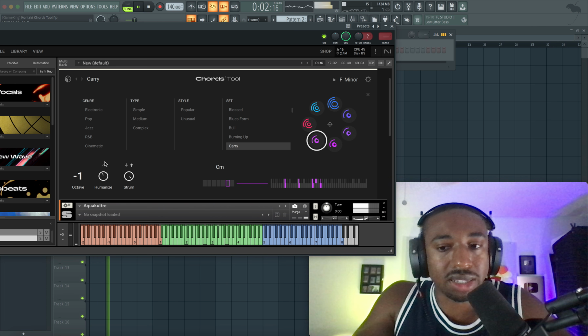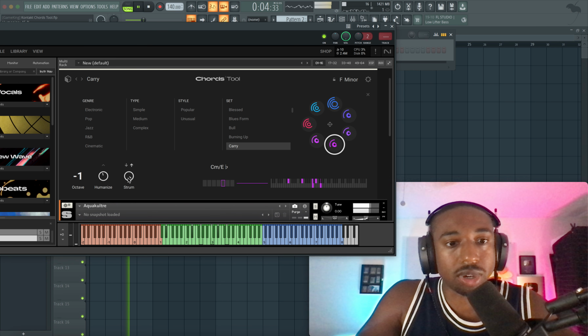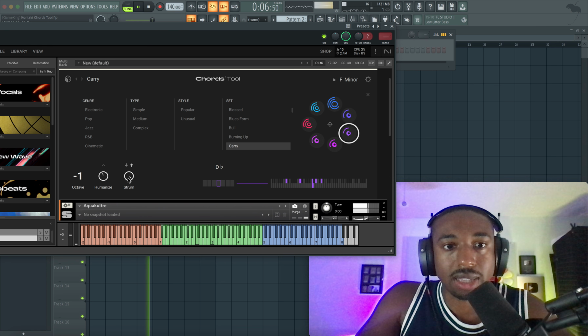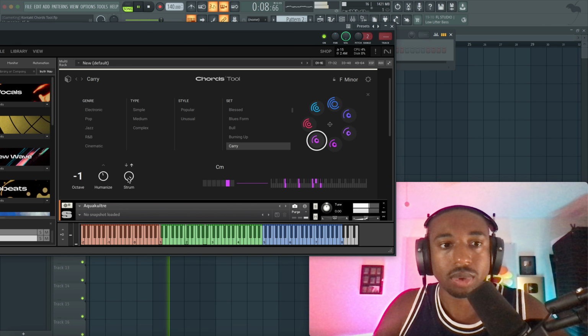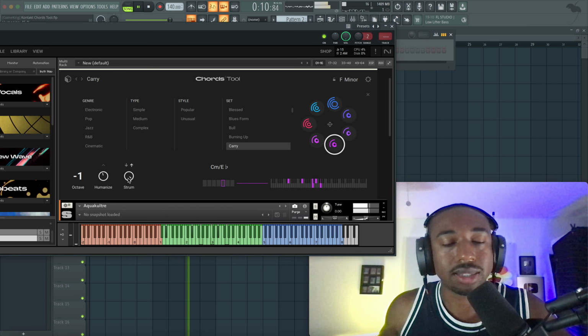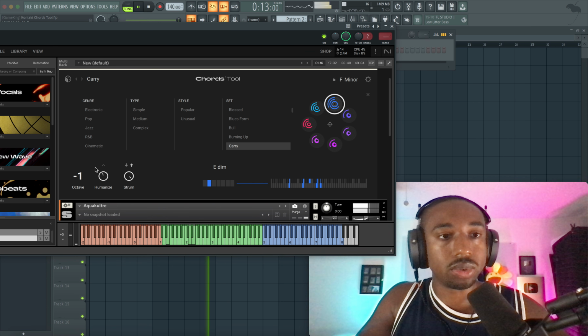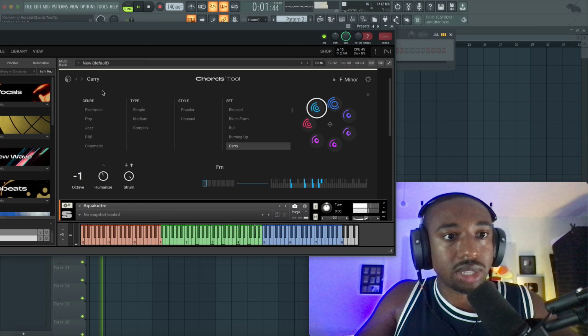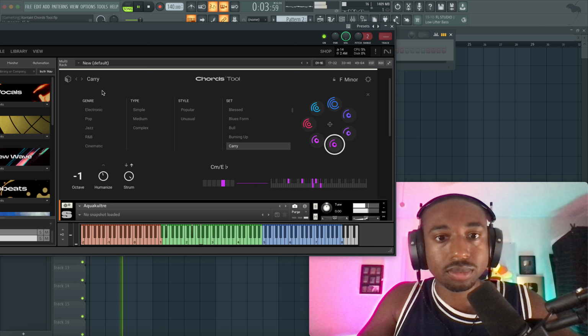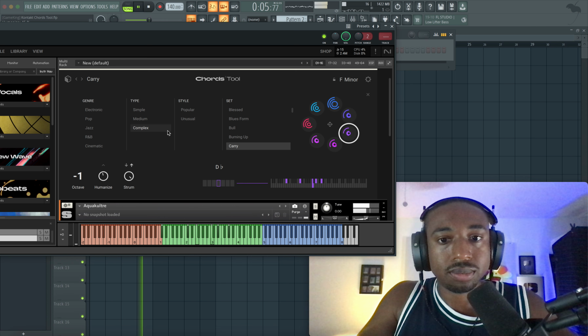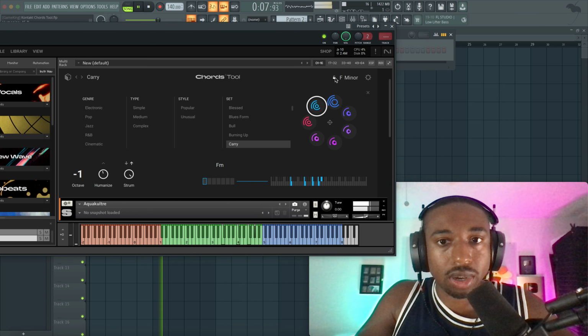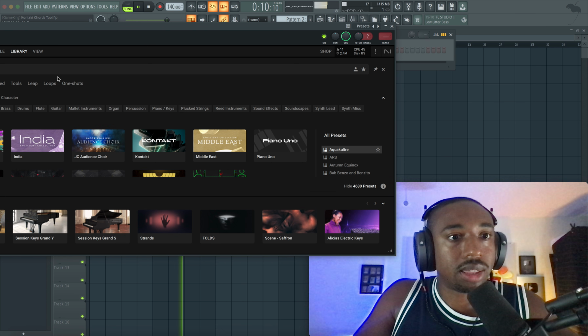So I guess that just means it's not playing perfectly quantized spread strum notes and velocities. So yeah, the chords tool out of Kontakt, definitely worth looking into. Now the other tool was not it. But this tool, definitely fire. Let's see what else. I think that's pretty much it.